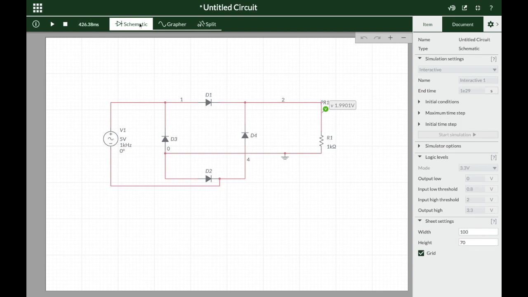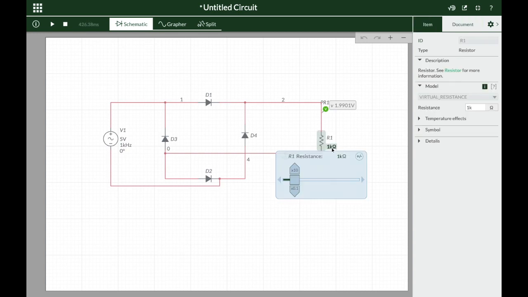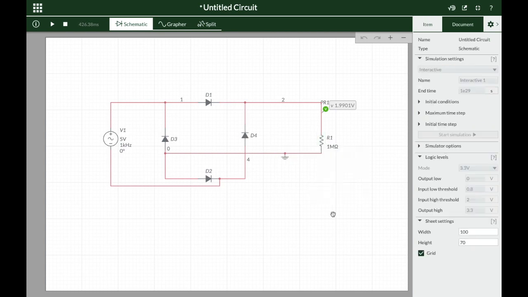We want to consider the no load and full load conditions, where no load condition is with no load current and that is with maximum load resistance, and we are not going to keep this then to infinity, but the maximum value we are going to take here is 1 mega ohms. So let me select this as 1 mega ohms. So with the maximum load resistance, the load current is minimum, and so now we are going to see the output signal which is with no load condition. So let's run the simulation.